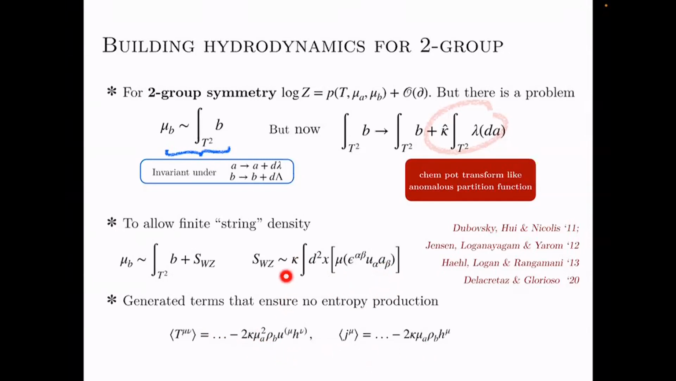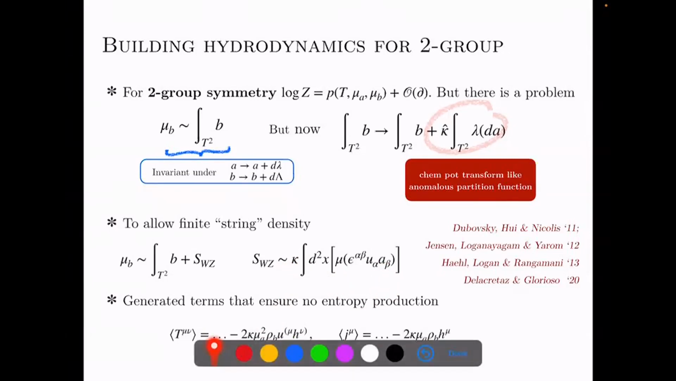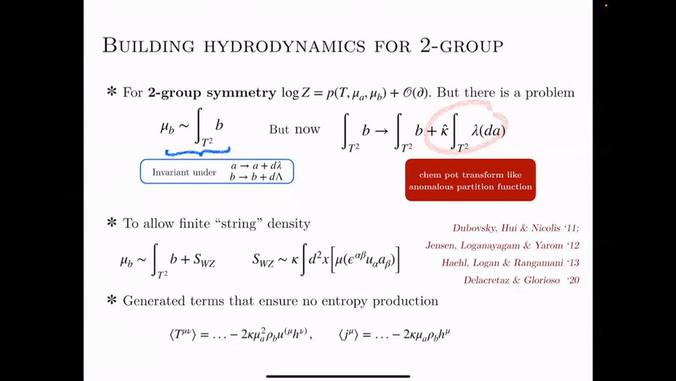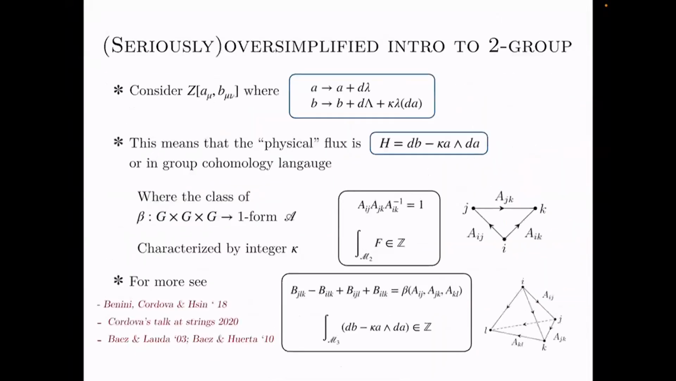So kappa is the structure constant, mu A is chemical potential, rho B is the magnetic flux density, and U is fluid velocity, and H is this direction along the magnetic flux line. You can try to do it in different ways. One way that we think is quite convincing is that if you replace the identity of your theory by this relation,